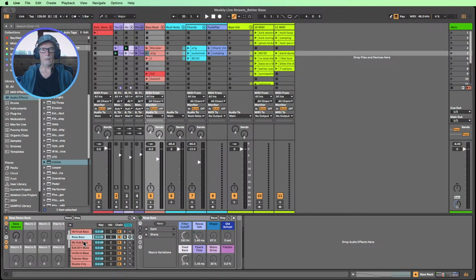So as long as you've got Ableton Live and you've got the packs and the suite version, you should, in theory, be able to access all of these. They're not my own bass patches. They're all bass patches that come from Ableton's browser and library. And I've just put them in a rack together so I can easily morph between all the different basses, and we can try out some different sounds and see how the different bass patches work with different patterns.